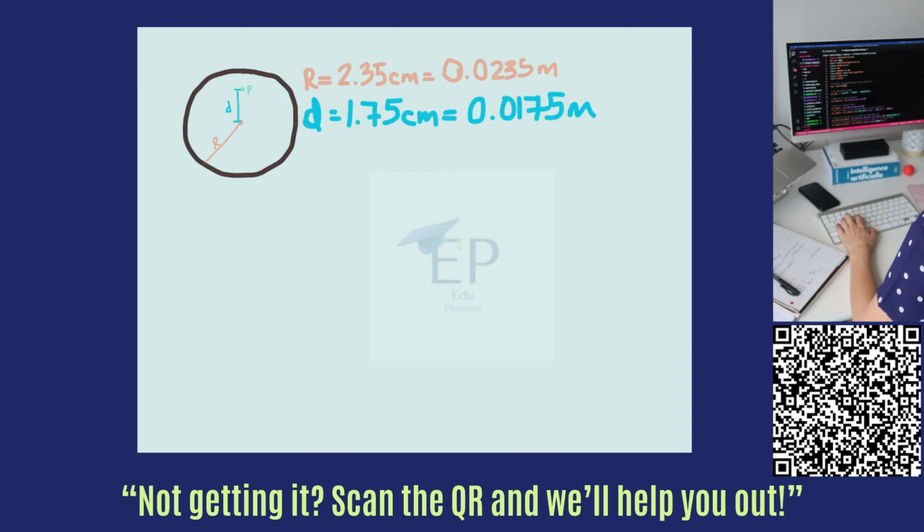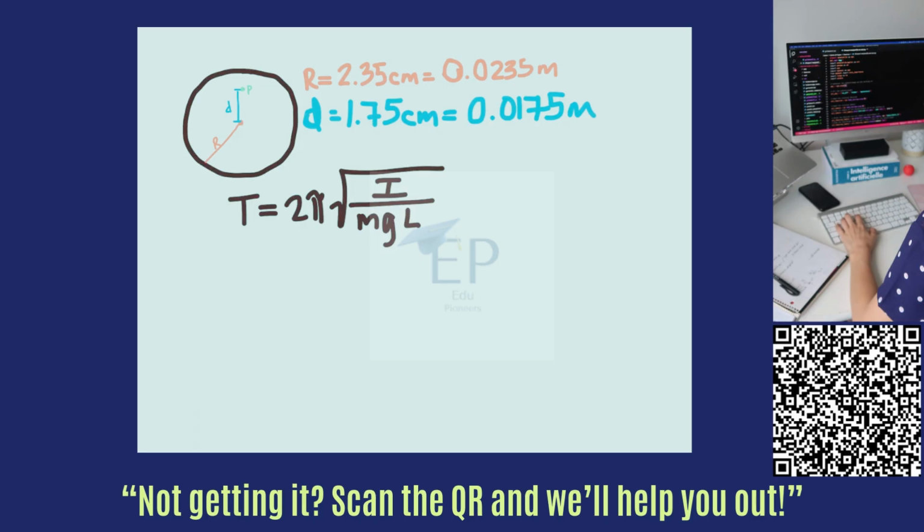So we're going to use the equation period equals 2 pi times the square root of inertia divided by mass times gravity times the length of the pendulum. Now in this case, the inertia is the total moment of inertia and the mass is the total mass of the pendulum. We have to find the rotational inertia about the pivot point,